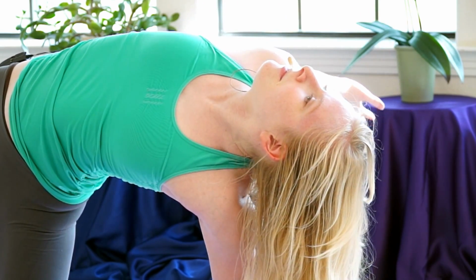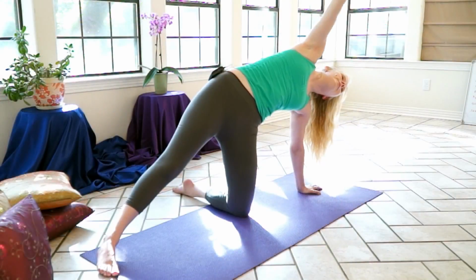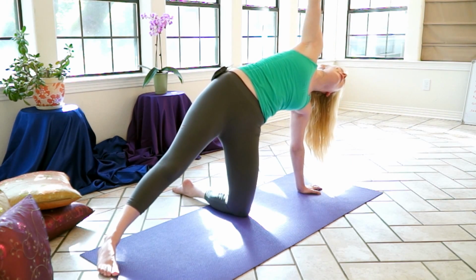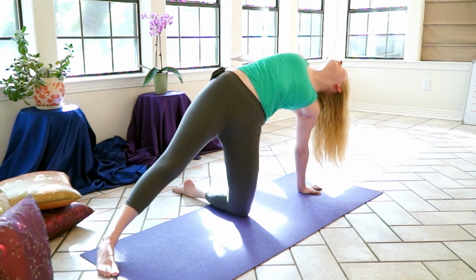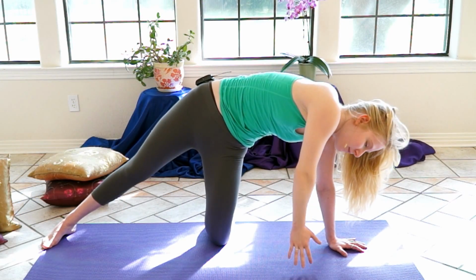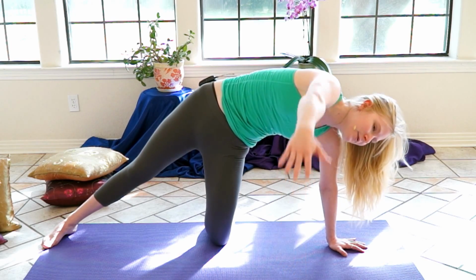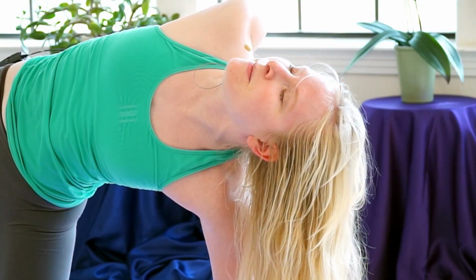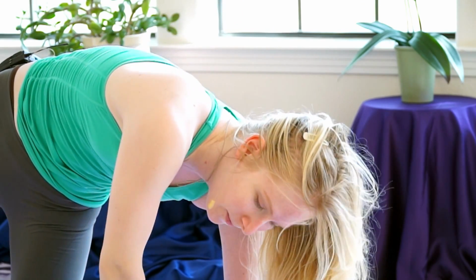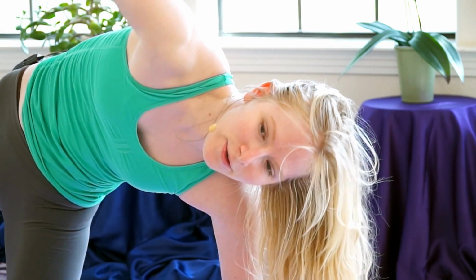We can find the arm back in front, and this time start opening to the sky. Exhale, sweeping the fingers near the mat. Inhale, opening broad across the chest. Exhale, closing. Inhale, sweeping open. And this may be a comfortable flow for you right here, but if you're looking to engage with a little bit more of a challenge,